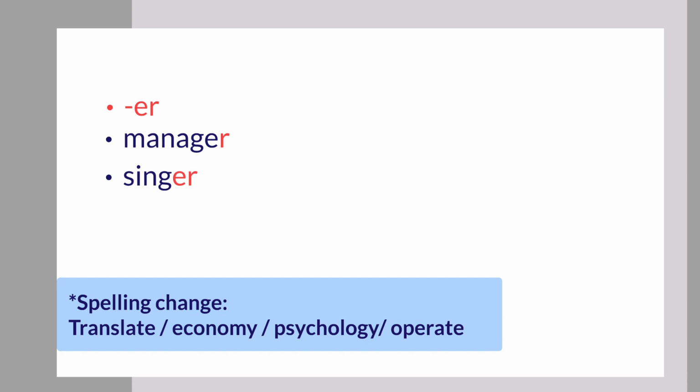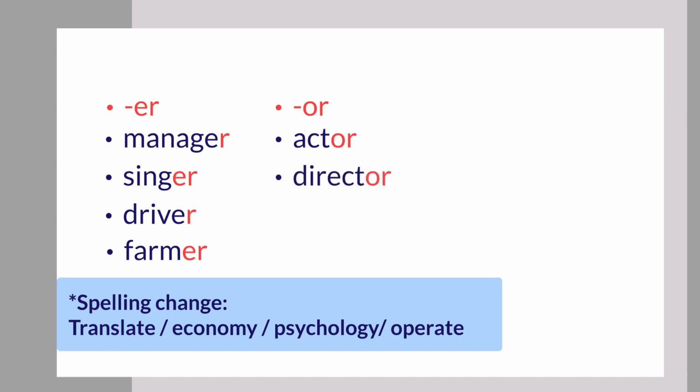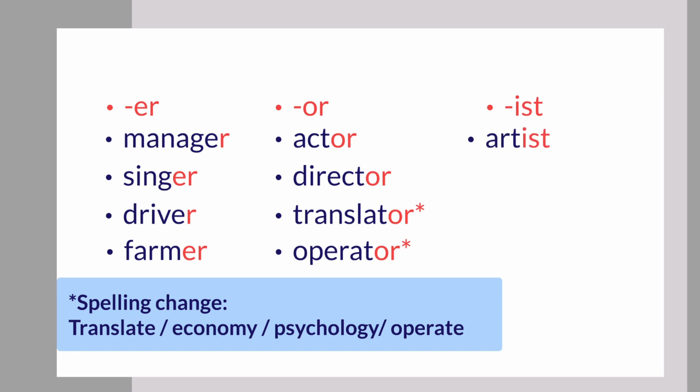Singer, driver, farmer. The suffix or can also be used to refer to people and their jobs, such as actor, director, translator, and operator. The suffix ist, for example, artist,